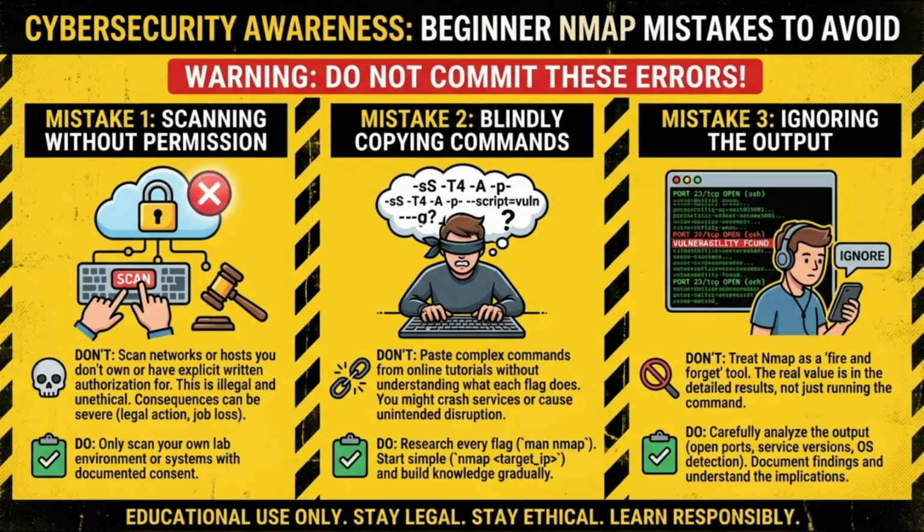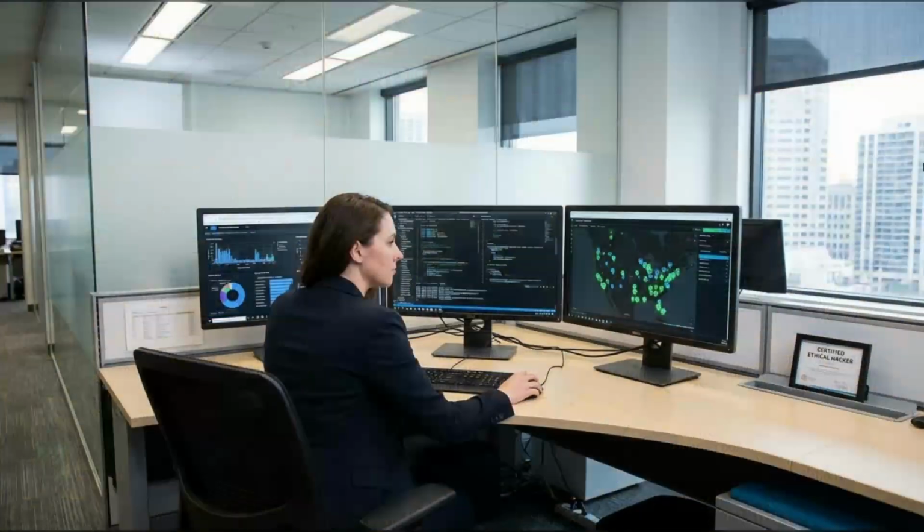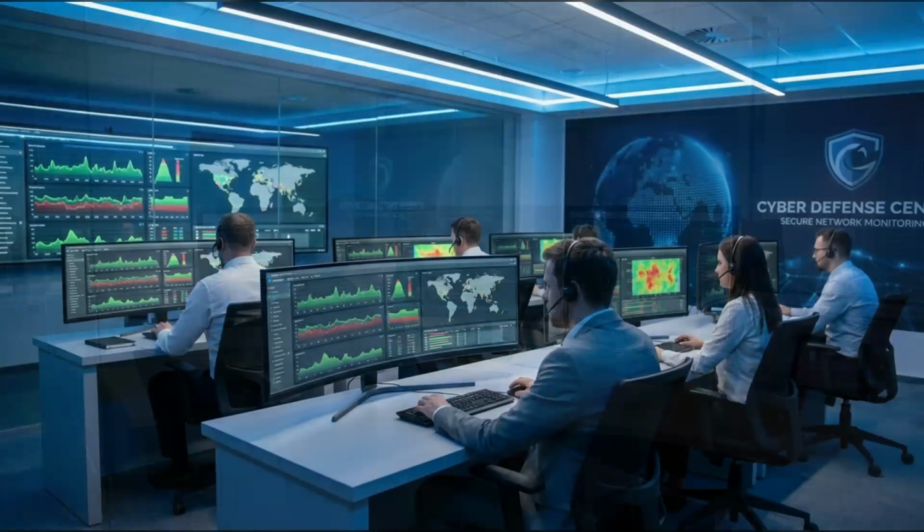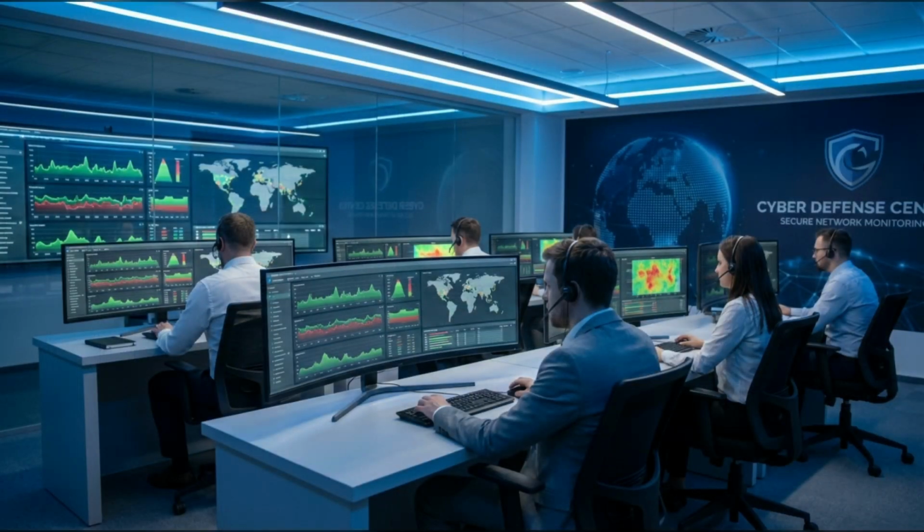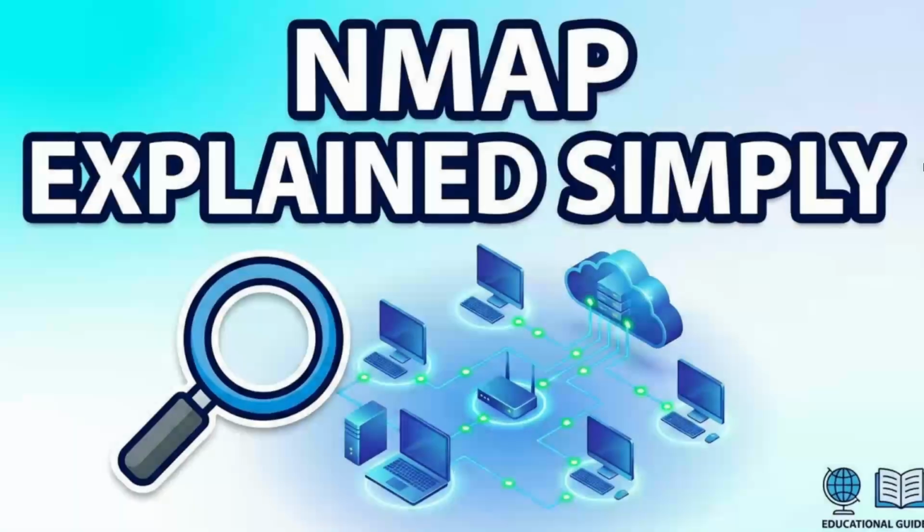With so many tools, how do big companies still get breached? Because tools don't fix culture. Security teams may scan, but findings don't always reach decision makers. An open port means nothing if no one acts on it. So security is also communication. Very much. Nmap findings must be translated from technical language into risk language.